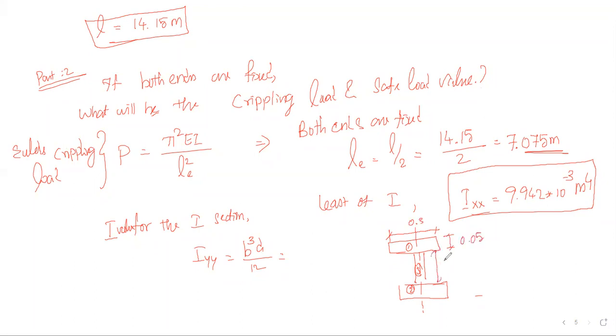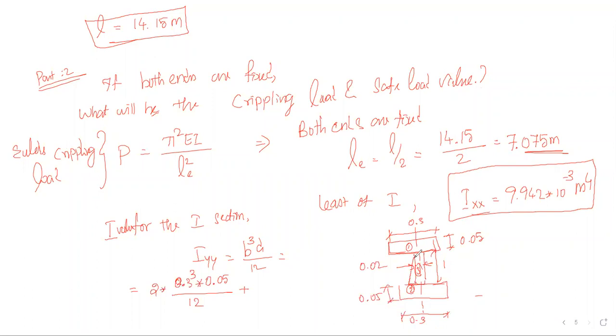This gap is 1 meter and this thickness 0.02, and the same here also 0.3 and 0.05. Now Iyy becomes b cube d. Two flange portions are there, so 2 into 0.3 cube into d value 0.05 divided by 12